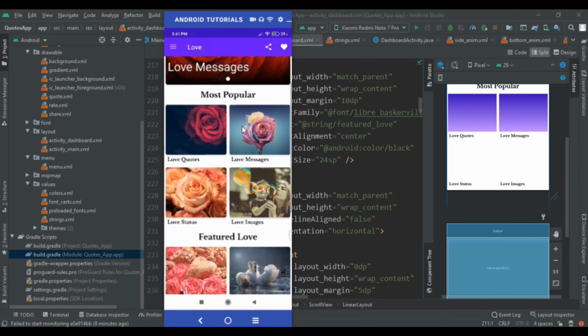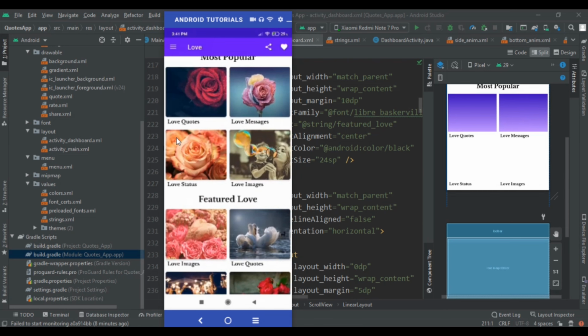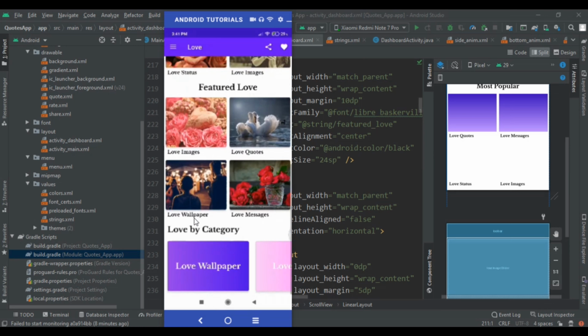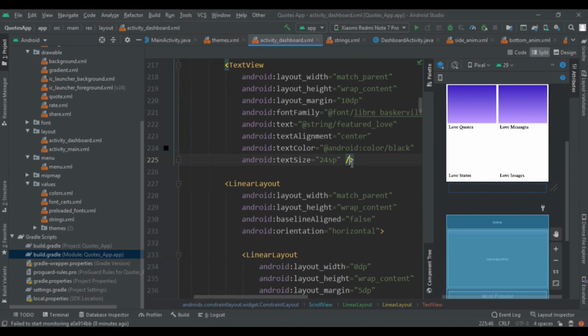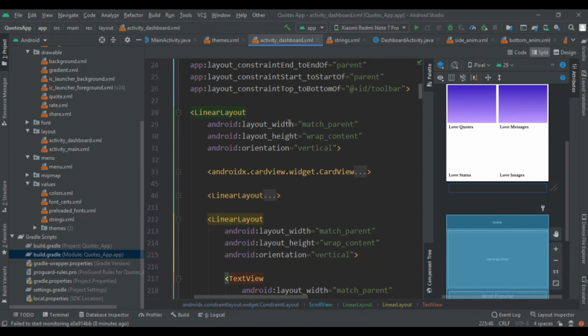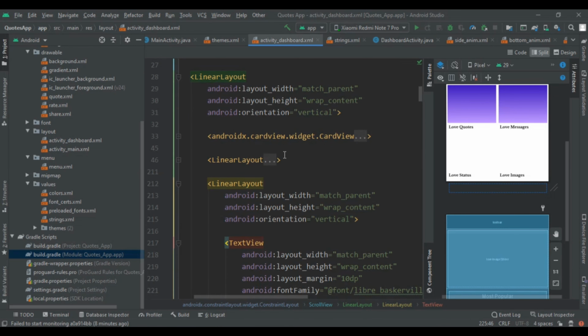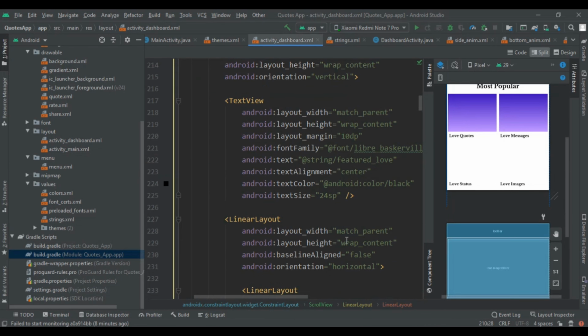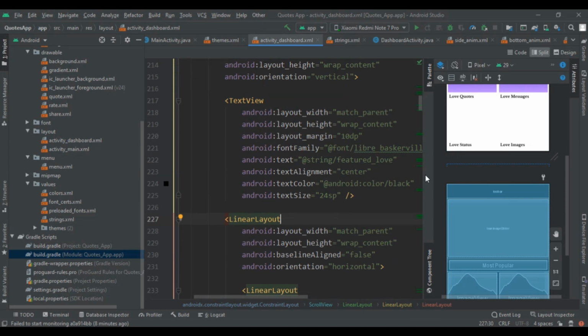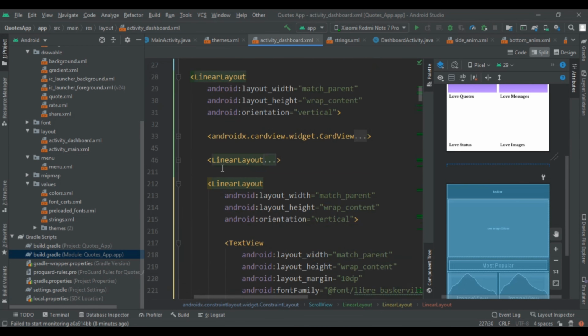We will change that image later, but now let's move to the third part. The third part is similar to the second part, so we just copy that same code and paste it again and just change its id and the text that you want, so you will get the third layout also.